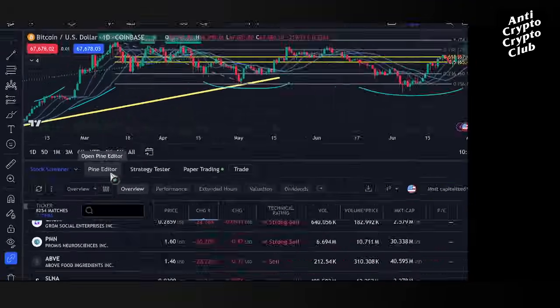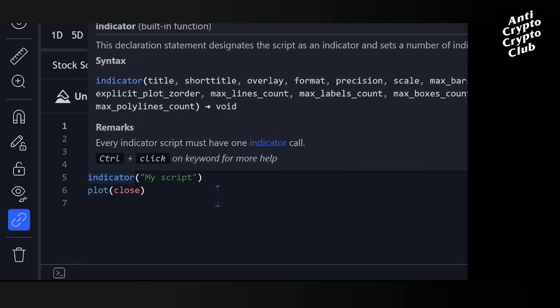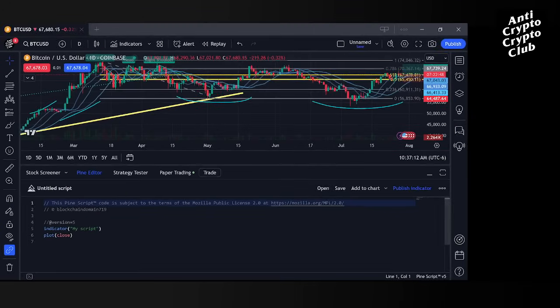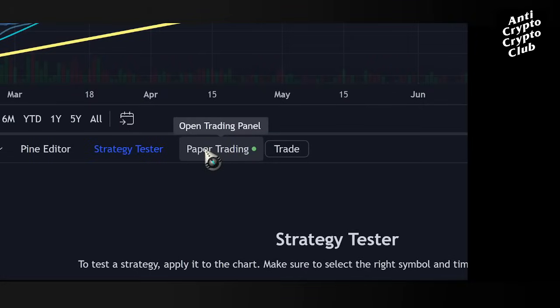Down here is the Pine editor, right? Honestly, if you're watching this entry-level video, I don't expect you to be able to use the Pine editor. Basically, the Pine editor is just a way that we can edit or write some program to enhance or change our indicators. If you're interested in creating your own indicator, it's going to be done through the Pine editor. Strategy tester is really cool. We can download and load our trading strategies into there,